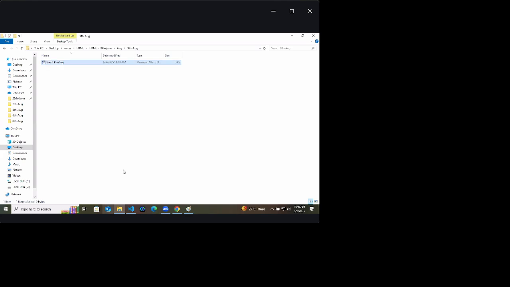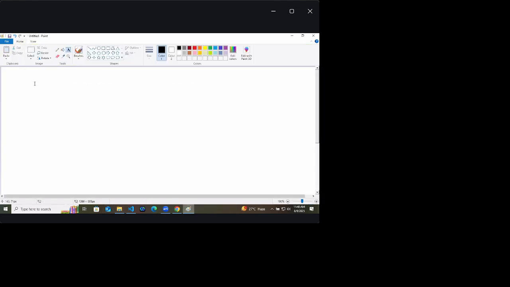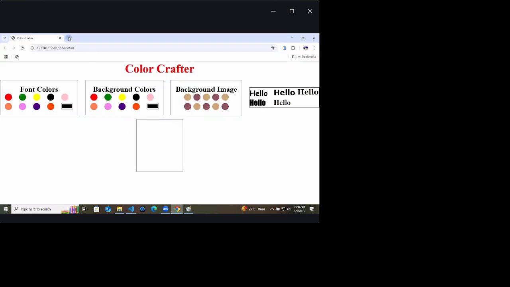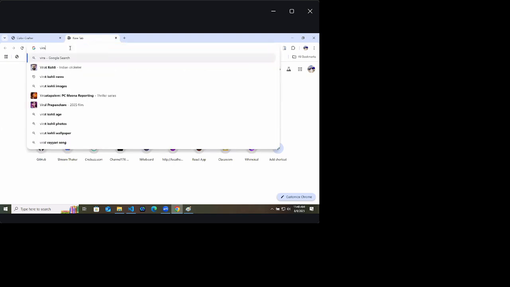What exactly is the event binding? I will tell you. Let's say this is a input box that you have given to the user, right? Your browser works in a different way. If you are searching something on your browser, let's say I'm writing VIRA.